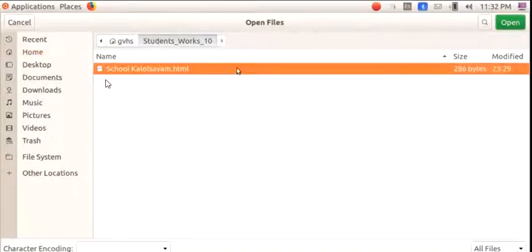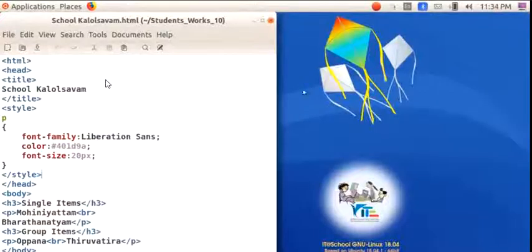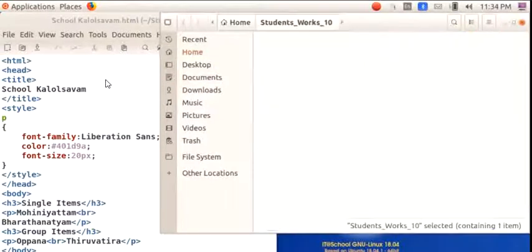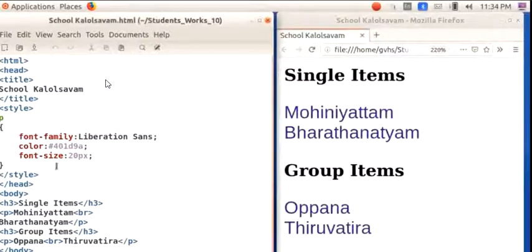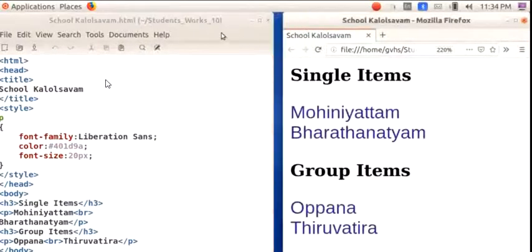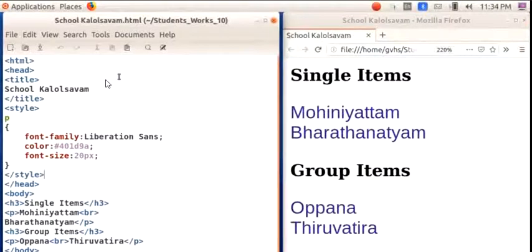Select the HTML file. Now our document is opened in the text editor. Then open the same file in the web browser. This is the source code and this is the output window.